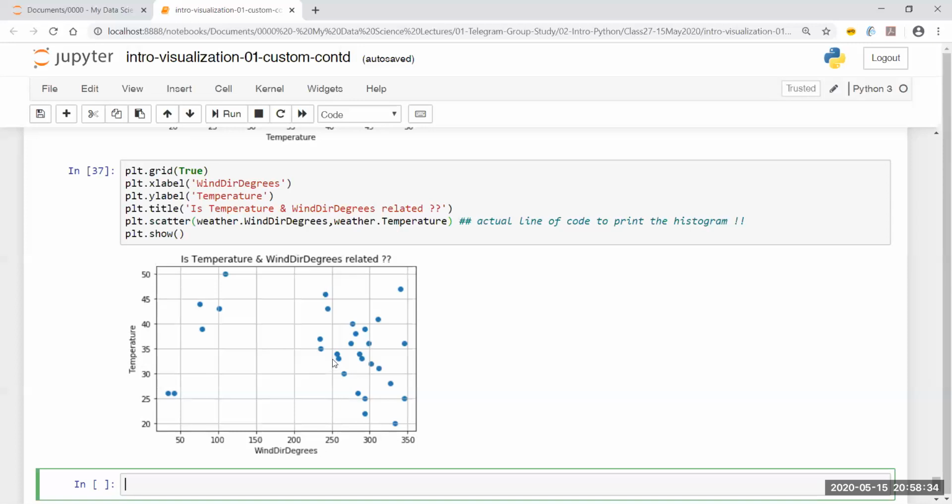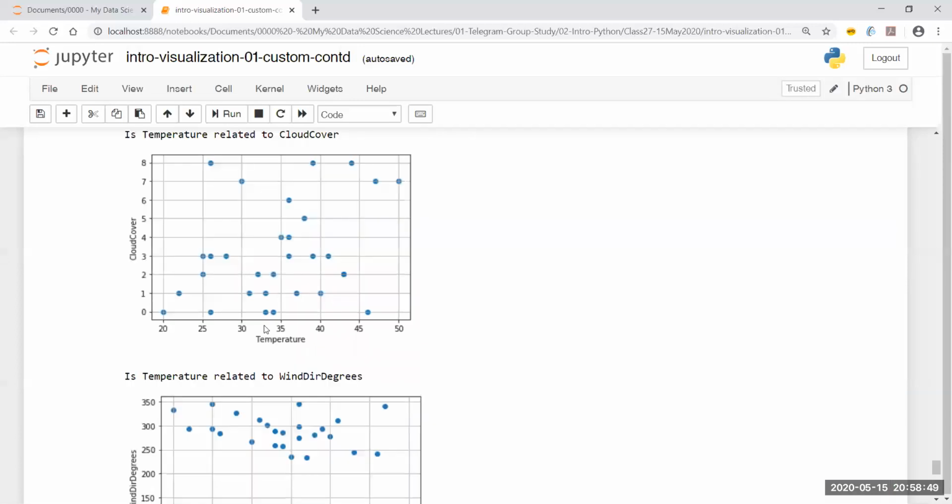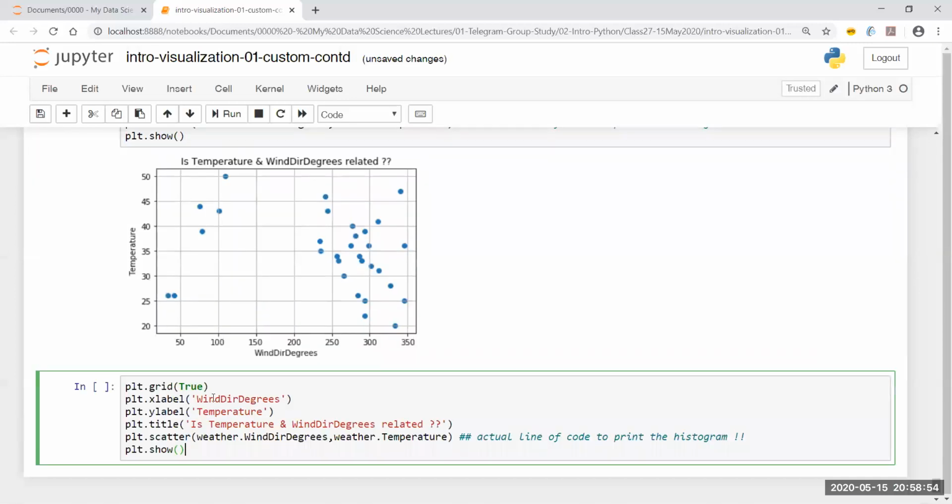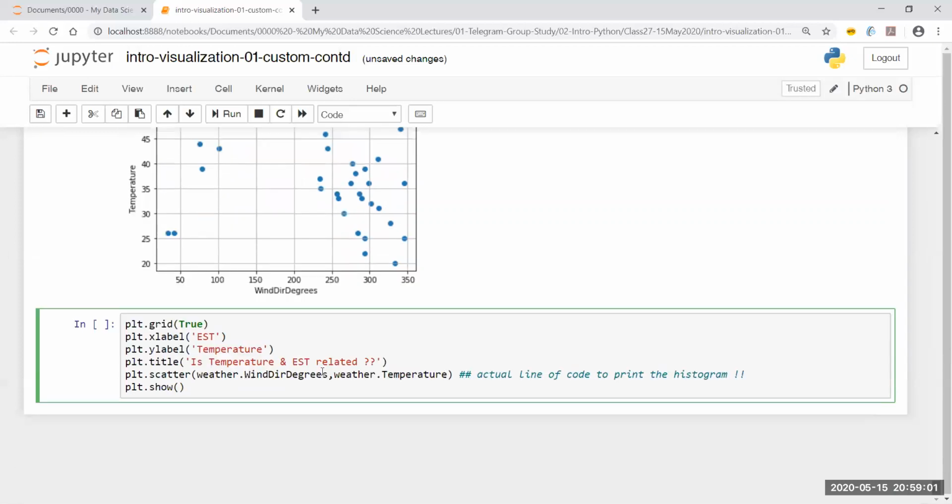So this is a good indication that even after changing the axis, the mathematical interpretation was not a problem. The problem was the interpretation of the data itself. So wind direction degrees was never going to be directly or indirectly related to temperature. Let's also see another very useful thing. Let's try to copy this and let's try to look into something which we are also going to look into at a later stage in very, very great depth, because there is an entire machine learning thing that we do using this.